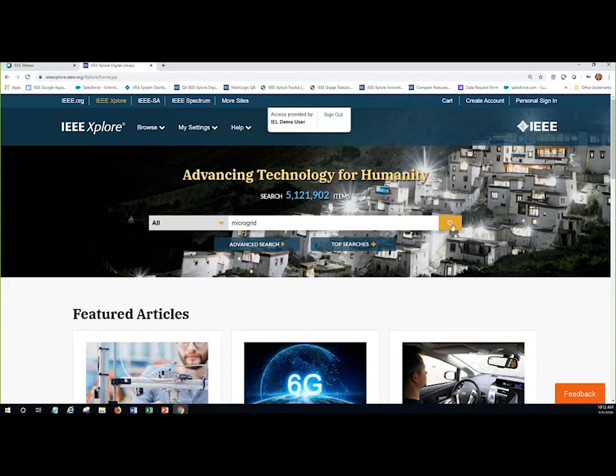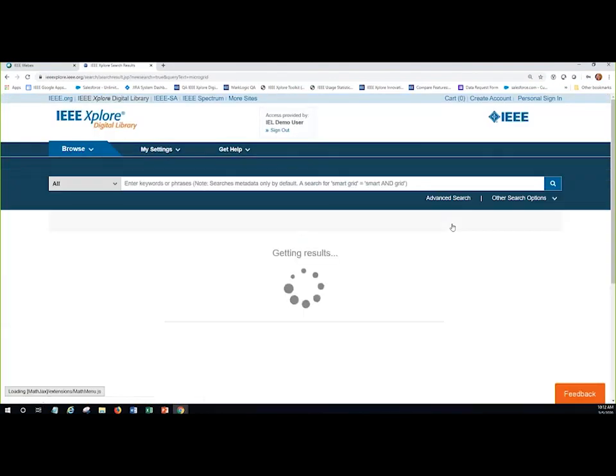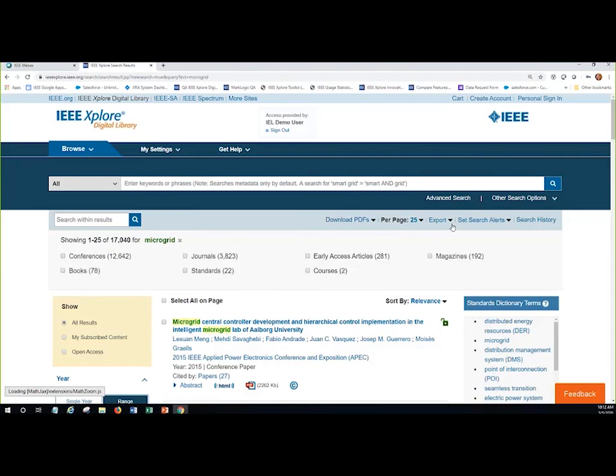So I'm going to do a search on microgrid. And the default in Xplore is to search across all the content, so I'm going to get over 17,000 documents. So now I can use the different features and functionality on the search results page to help me filter and refine my results and drill down to what I'm looking for.